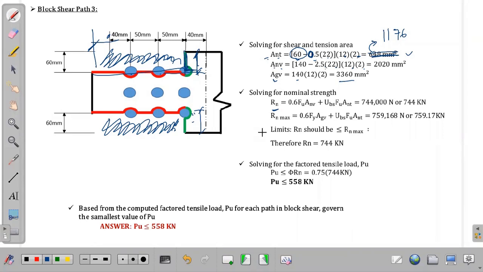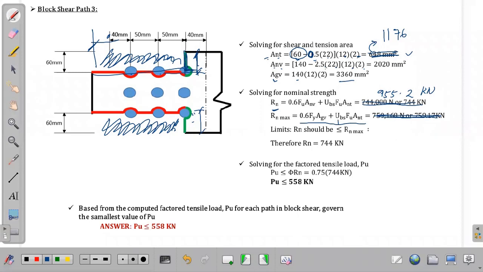Ilan yung Rn natin? Value for Rn, anyone. So anyone, ano yung magiging value ng Rn na natin? We have 955.2 kilonewton. Okay? And for the Rn max,